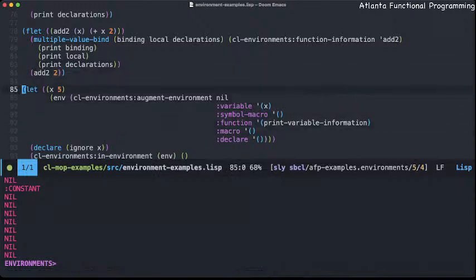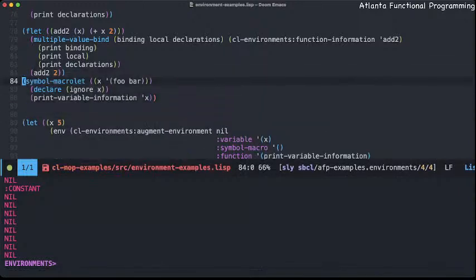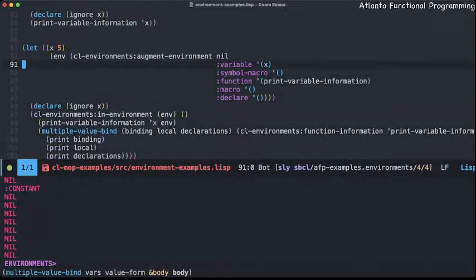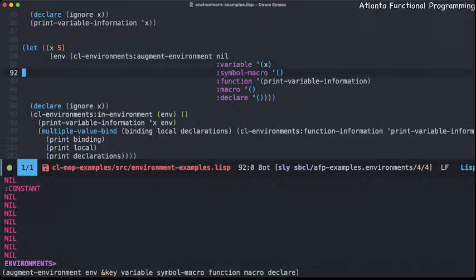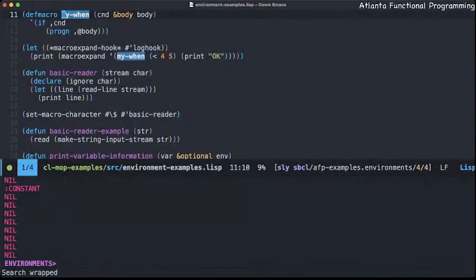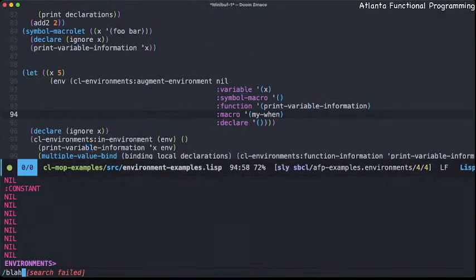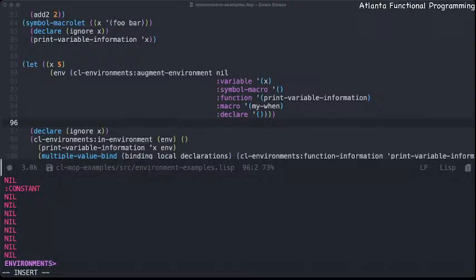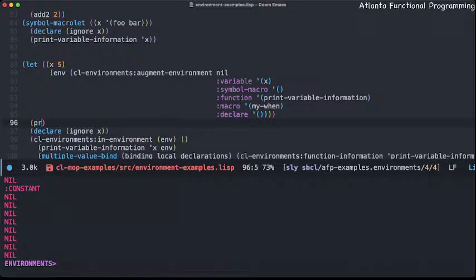To begin with, we're going to first extend this example that we have here with augmenting stuff. As you can see, we could provide all the macros that we defined already within some symbol, and then we can actually get them lexically defined. So for example, if we go ahead and add my_when, a macro that we've already defined earlier here, and we ask for function information about this, you could see, for example, if we go ahead and say print function,